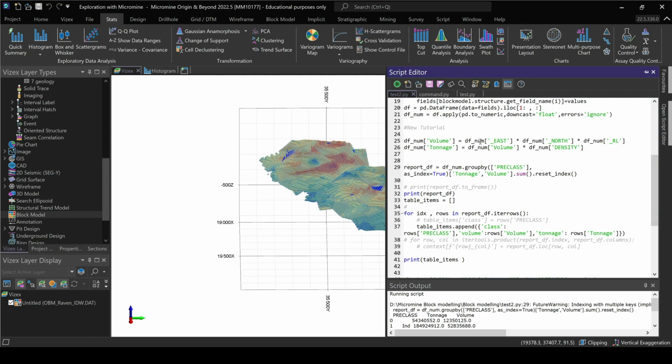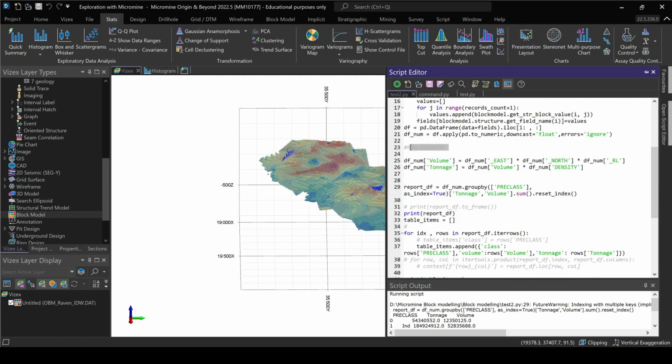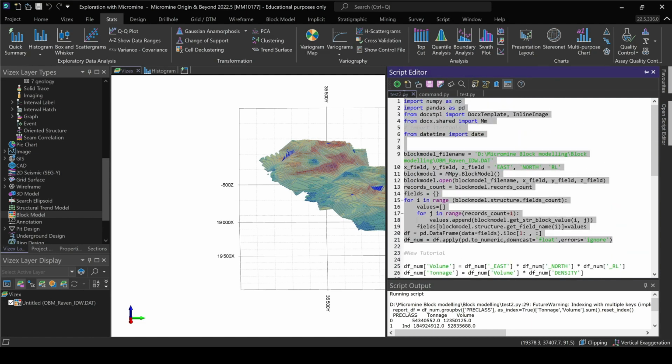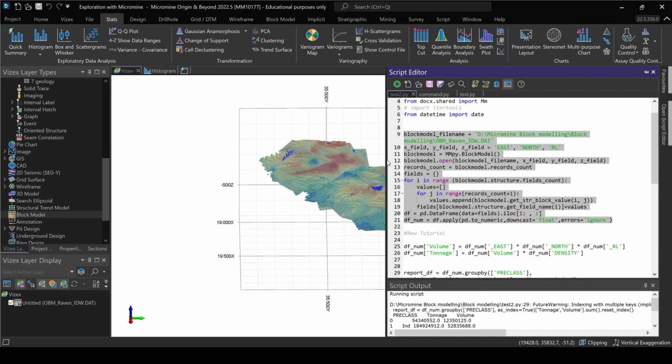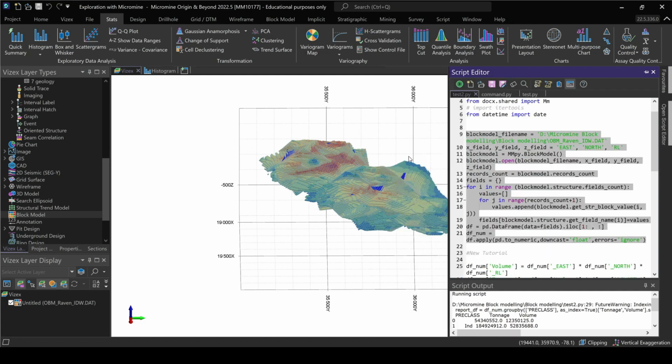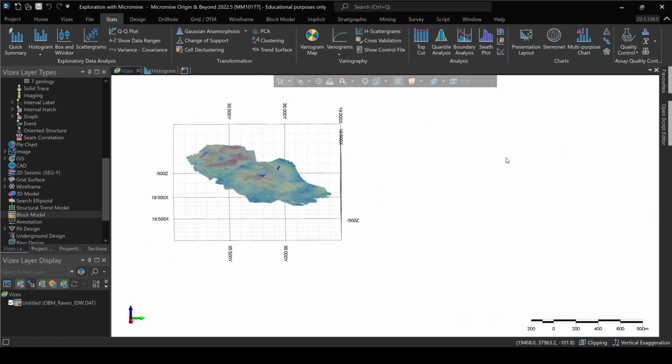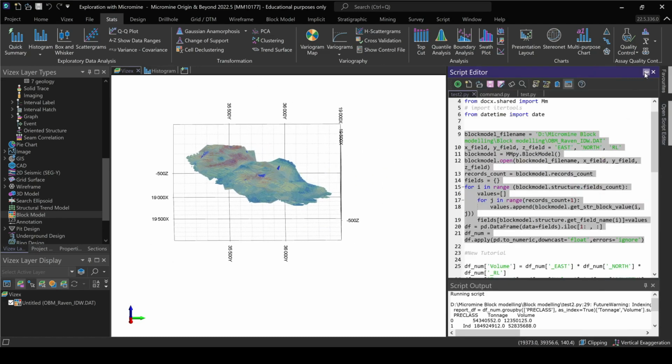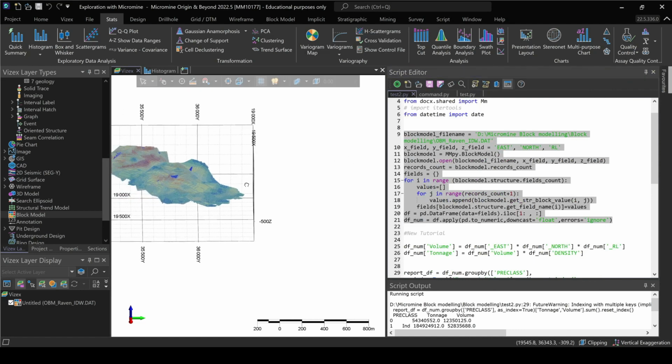Now we have the script editor in here, and you can see that I have a new tutorial. So this was from the past tutorial. Go and check it out. It's exactly the one previous to this one, but maybe you will be watching this in the future and wondering where you can find the previous tutorial. So I will put a link in the description in which you can just go and access that tutorial. So basically, for people who are not following, what we've done in the previous tutorial is